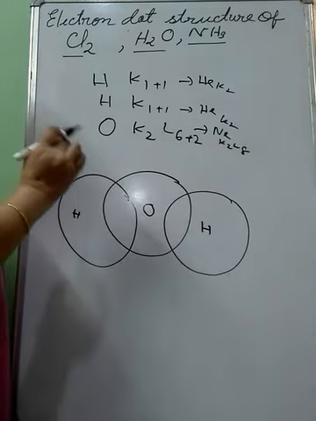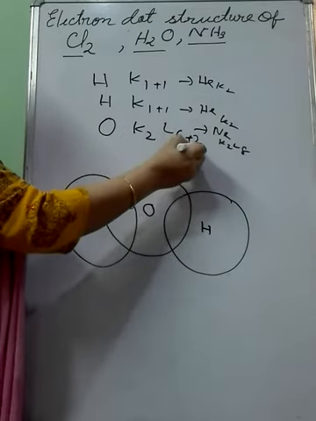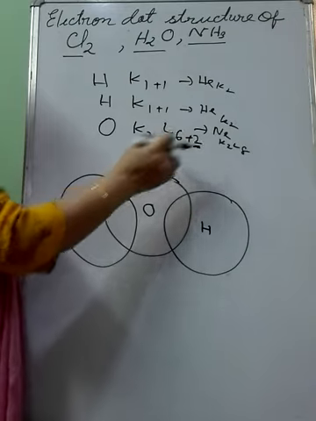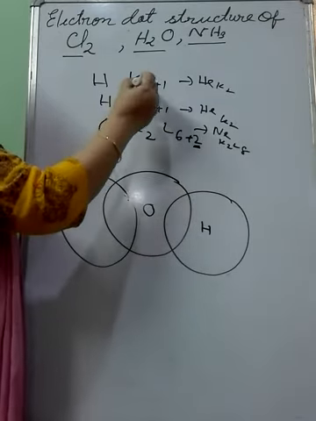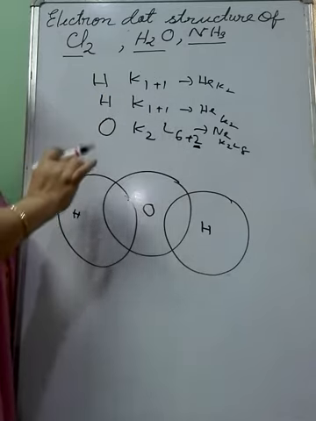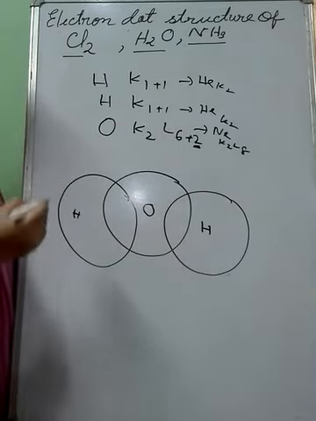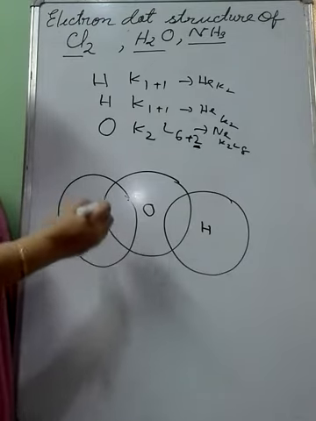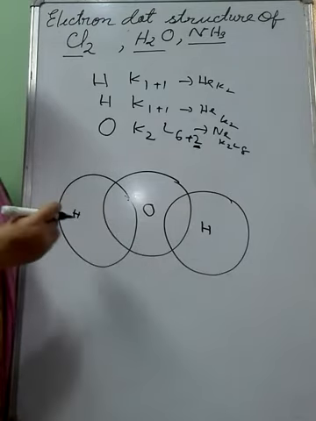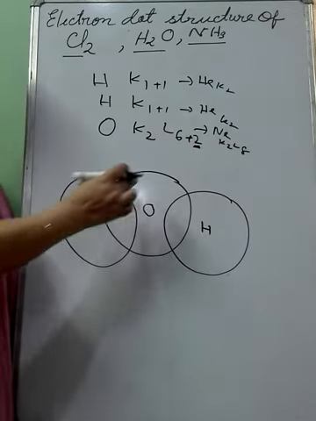Now one thing I want to tell you is that in the case of oxygen, 2 electrons are contributed in the sharing. In the case of hydrogen, one electron is there in the outermost shell for both the hydrogens, and these electrons will be shared. Here also I am showing with the help of a cross: electrons for the hydrogen I am showing with the cross, and electrons for the oxygen I am showing with the dot.